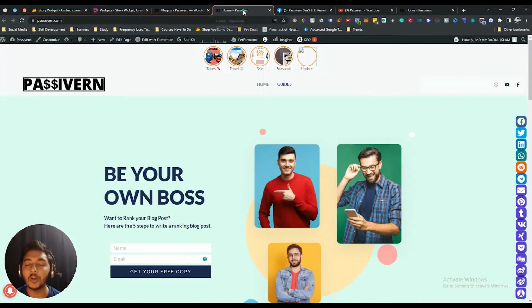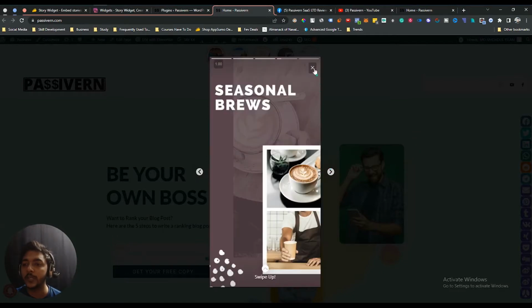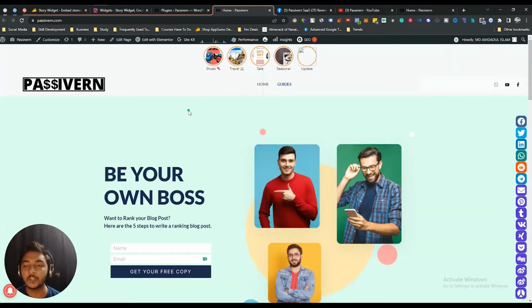See, I have already installed it on my website, and here are the stories. So if you want to show a story on your website, then you can continue with me. See, these are the types of stories. If you want to add this type of story on your website, then you can get this story widget lifetime deal from AppSumo, and you can continue with me on this review so that you can get an overall idea about